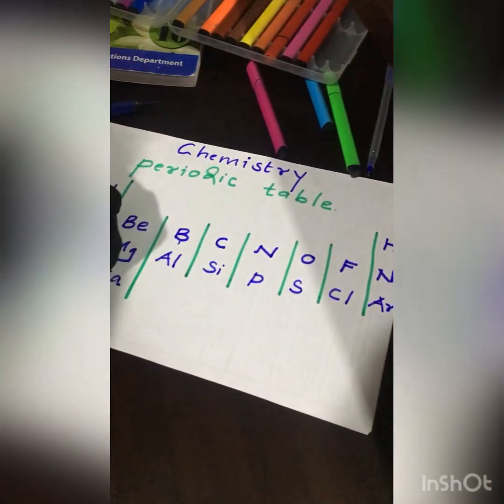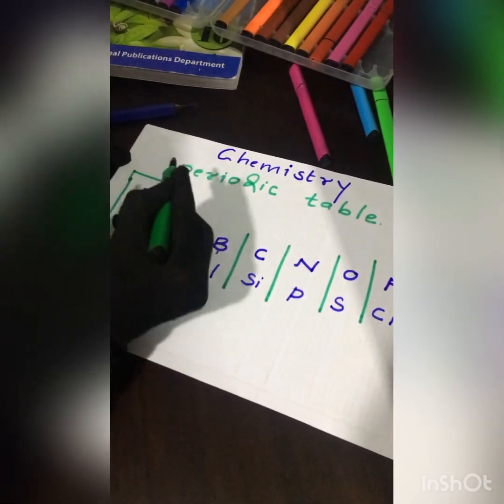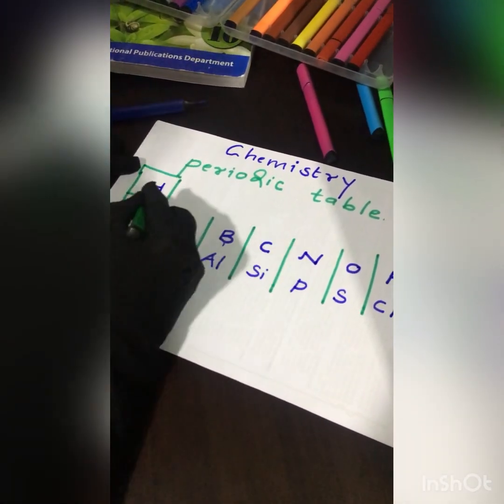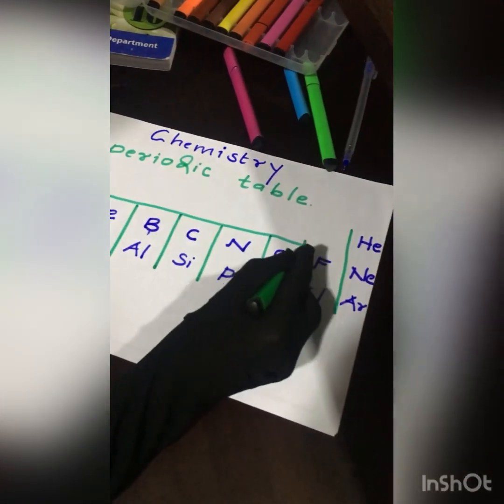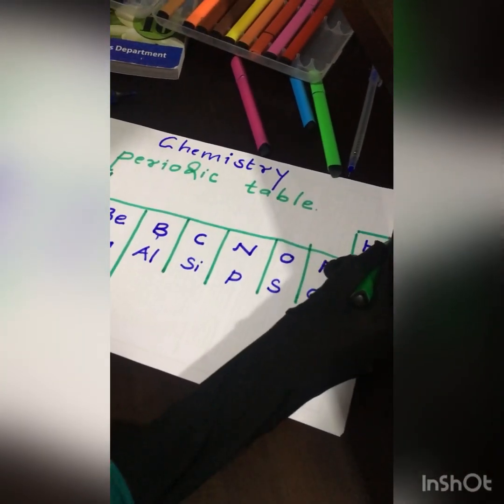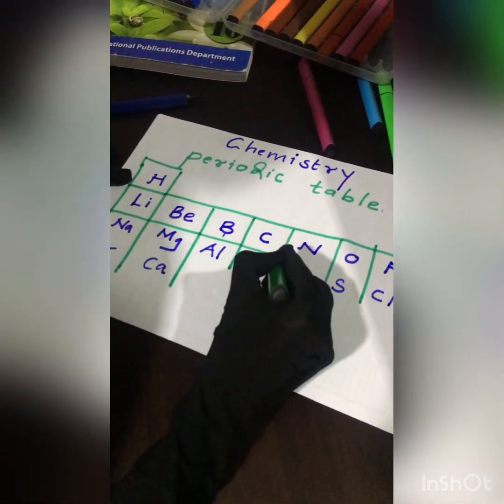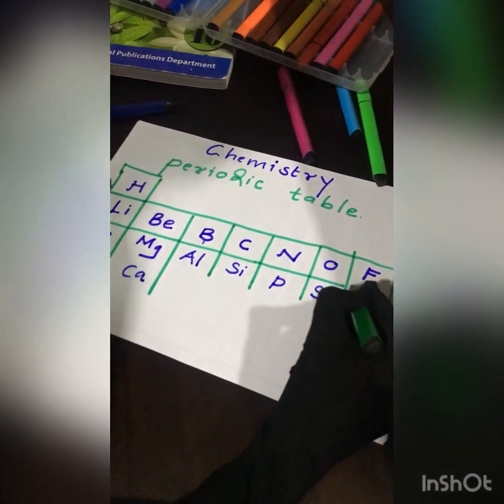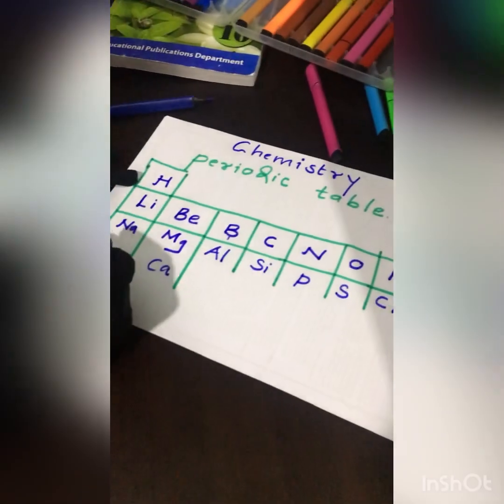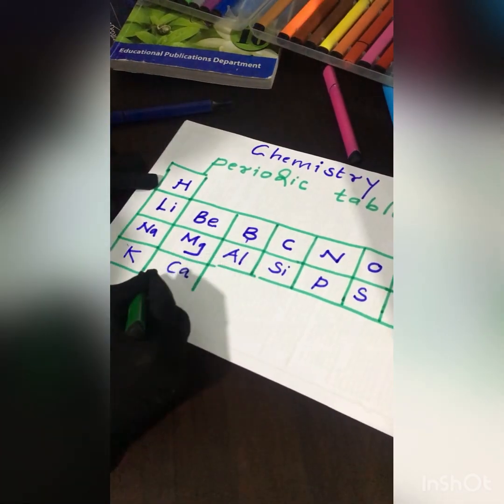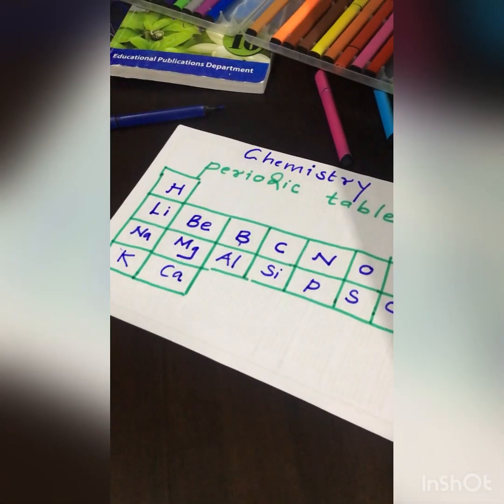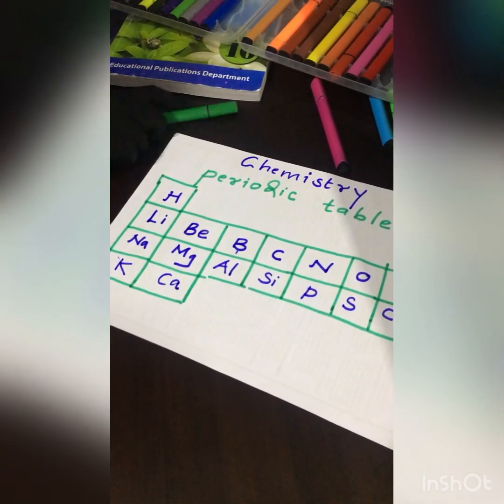And another request from all the O-level students: when you learn and memorize the periodic table, whenever you do the chemistry paper, before you answer it, it is a must for everyone to draw the periodic table in a rough sheet and then start doing the chemistry paper. Because without periodic table, it is very hard for any student to answer the chemistry. So now I have finished up drawing the periodic table.